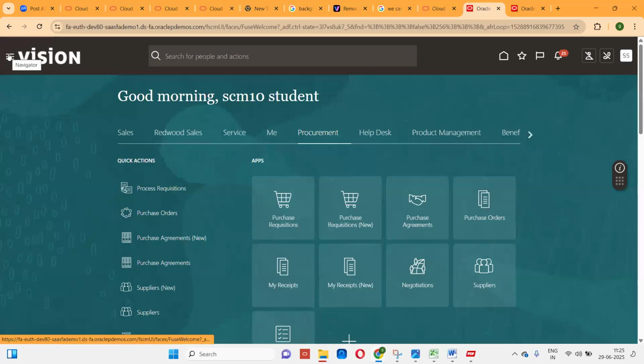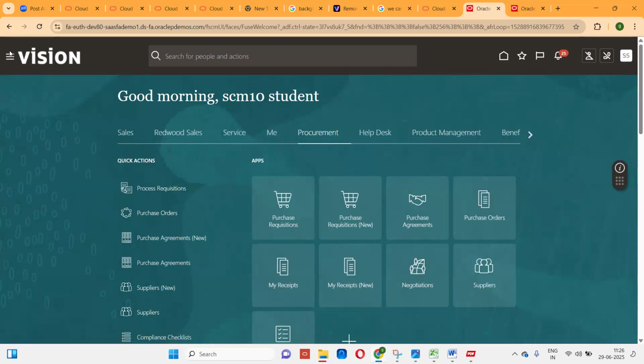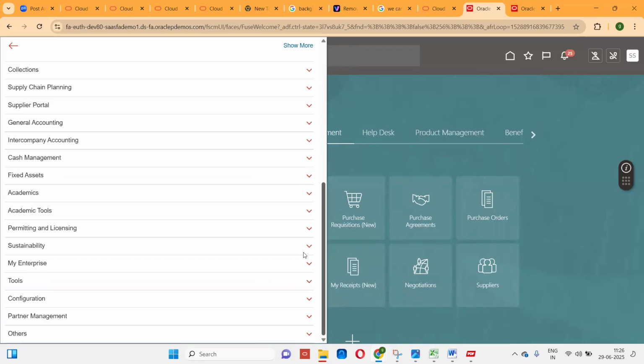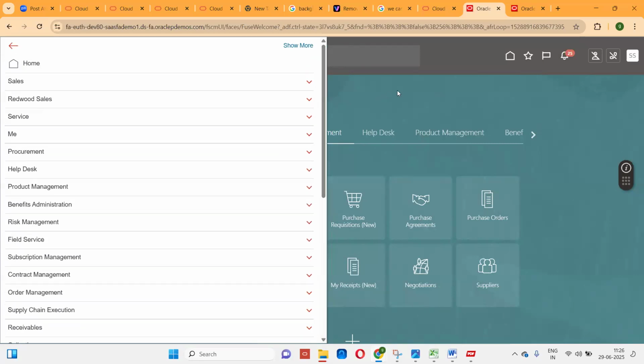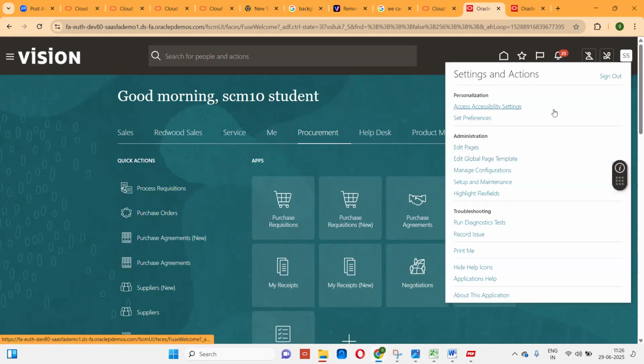Then on the left hand side you have the navigation menu, and on the right hand side you have the user menu. On the navigation menu you see all your applications and modules. And for a user, you can create a user. You will have a username and a password, and then once you have the username and password,